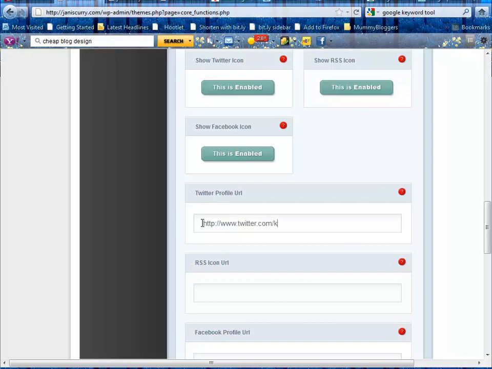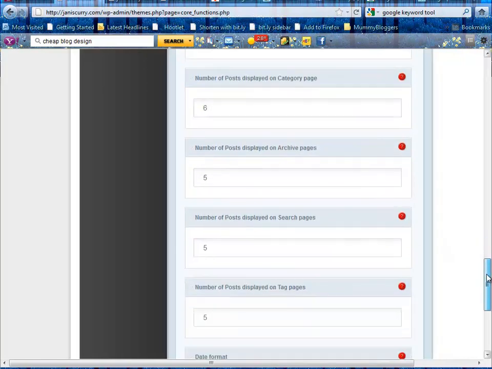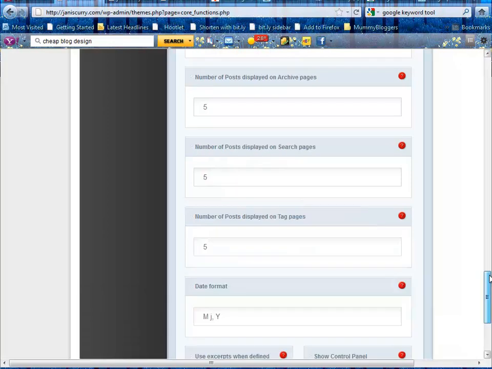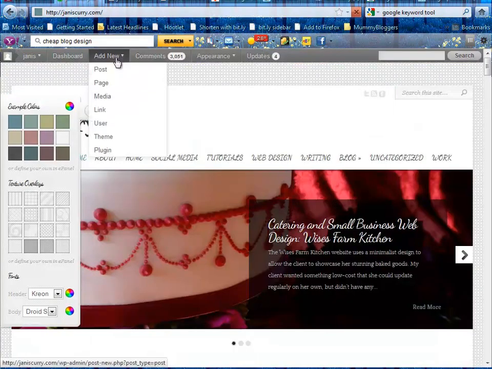I'm putting in my Twitter URL. And then it says to add in the Facebook profile URL, but just bear in mind this is public, so put in your fan page address and not your personal address. And then you can change a few other settings, like for example the date format. I'm going to tick use excerpts because I like to have custom written excerpts. And then you can just click Save Changes and then go and have a look and see what your live